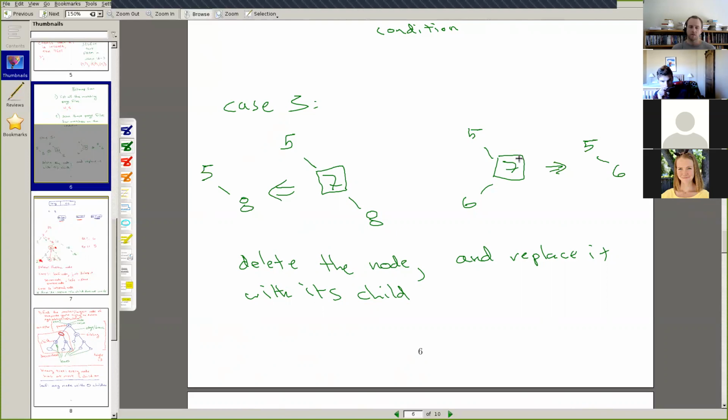Are there any questions about that? At this point, it's definitely okay if you have questions about, coding-wise, how to go about implementing any of these algorithms in code.